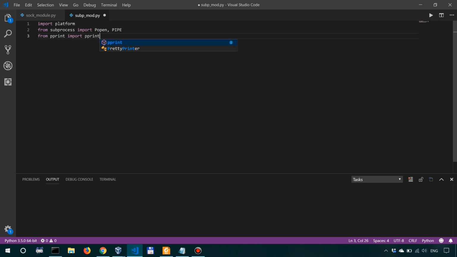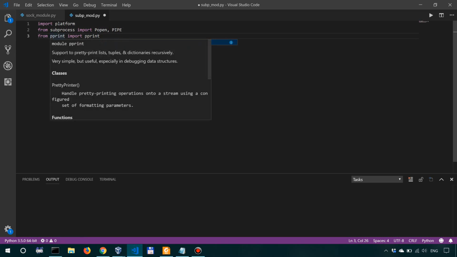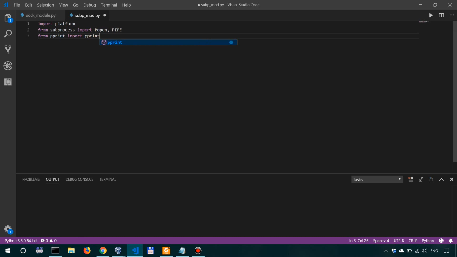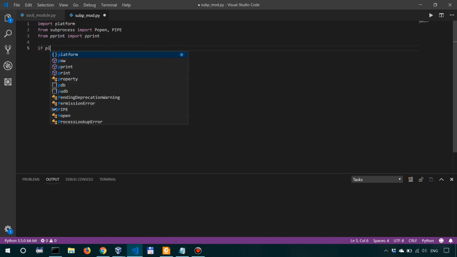We'll actually use pprint for better visualization of the output, hopefully. So pprint is pretty print. It supports pretty printing lists, tuples, and dictionaries recursively. Alright, so let's start by saying if platform